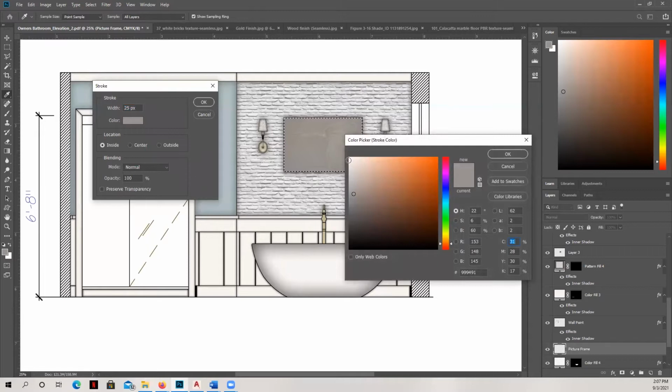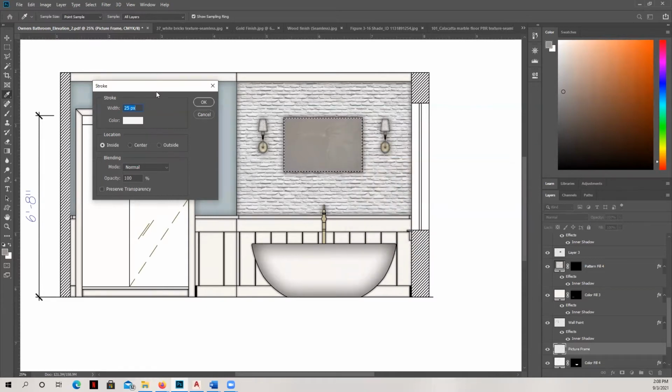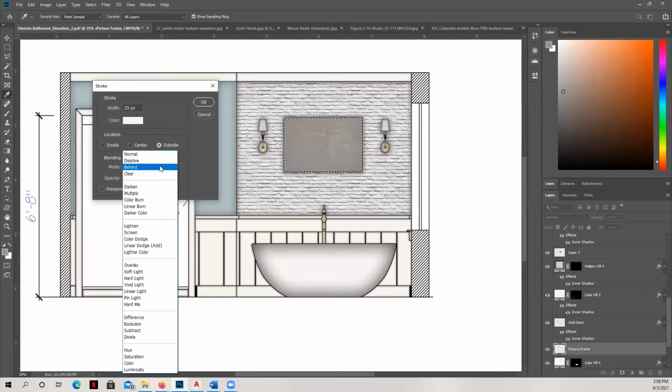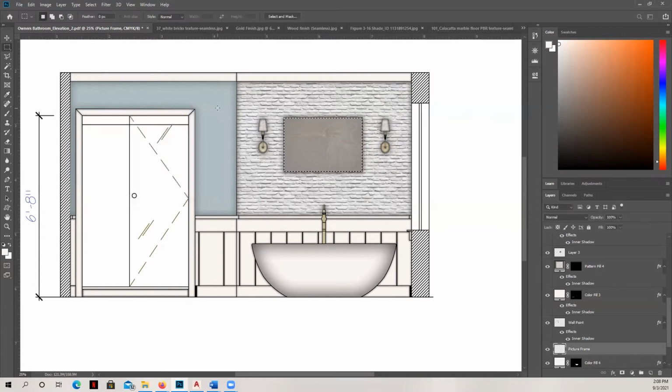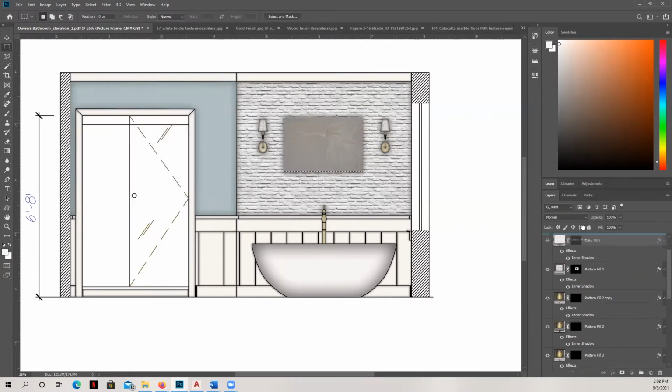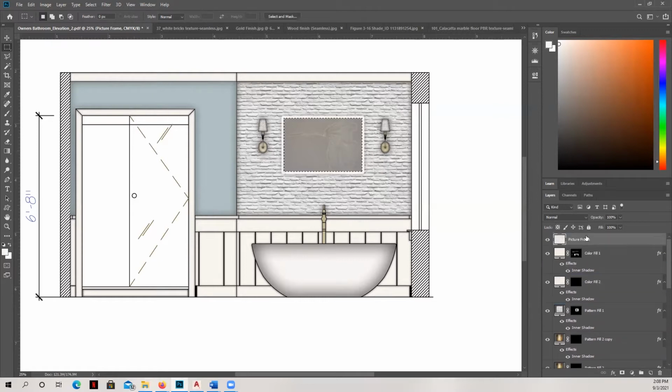What I'm going to do is give it the color for my stroke, and I'll go ahead and click it right here. Okay, and I want it to appear on the outside of that marquee. And so for right now, we'll keep it at the normal, and we'll hit OK and see what happens. Now it looks like we've got to move that layer up so it shows up. And you can see here a very, very basic white picture frame.